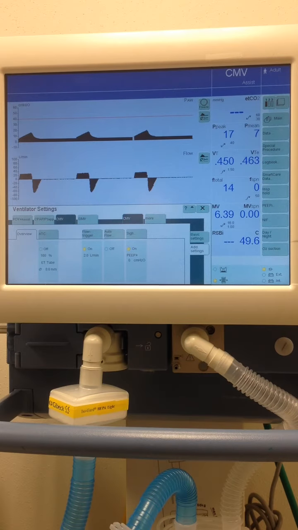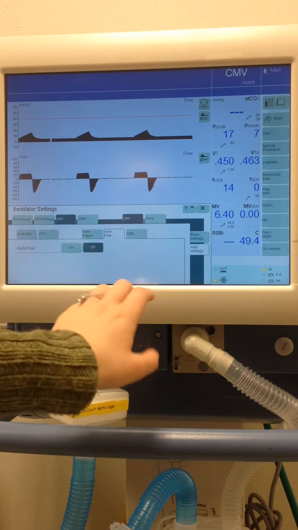So it may take a couple breaths for the ventilator to level out our peak pressure, our plateau pressure, and our tidal volume, but it will get us to the 450 targeted tidal volume and be a pressure controlled mode. So if we were to turn autoflow on,